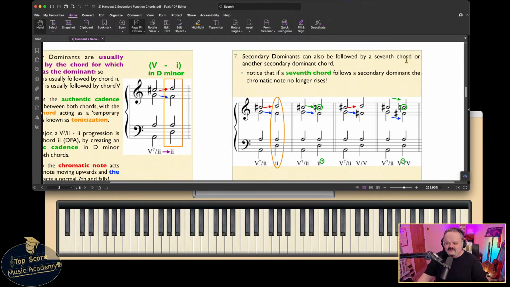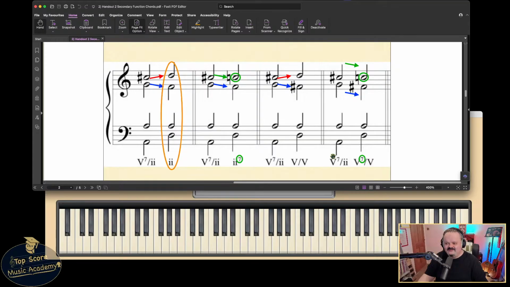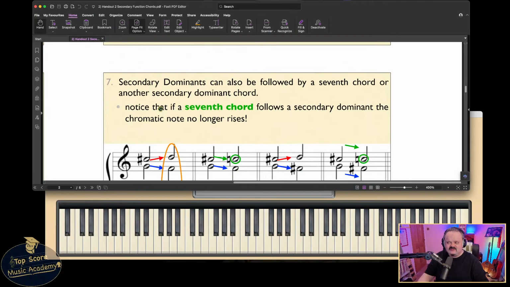Secondary dominants can also be followed by the 7th chord of another secondary dominant. We actually saw that, but I'm not going to go into all the different secondary dominants that can occur. We saw this in barbershop quartets, where you have 5 of something to another 5 of something. It doesn't really matter, guys, as long as you're getting the feeling of a chromatic movement somewhere, that's the main thing. And also the main thing is being able to put this into your own pieces. So for Away in a Manger, that was the real thing to take away from that, was the idea of,